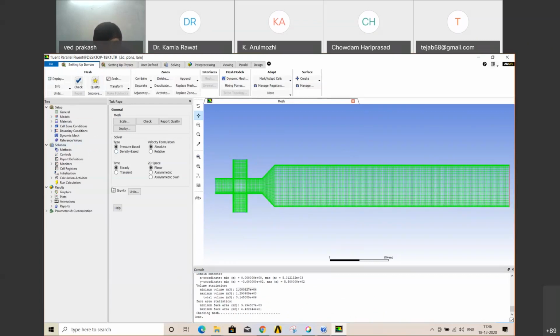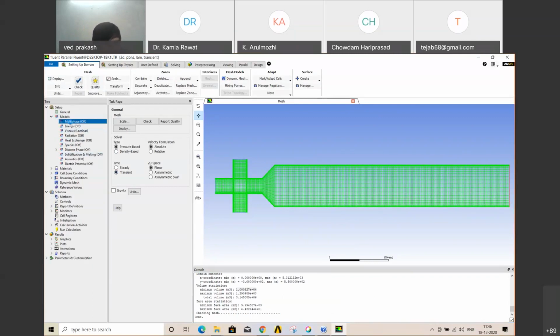Now this is a transient analysis because we want to know after some time what will be the behavior of the fluid. Then go to models. In the previous section we used a turbulence model, but here the flow is laminar and surface tension will be there.